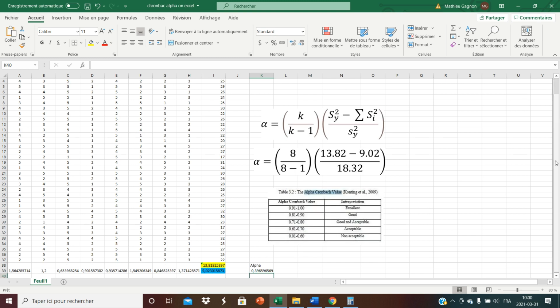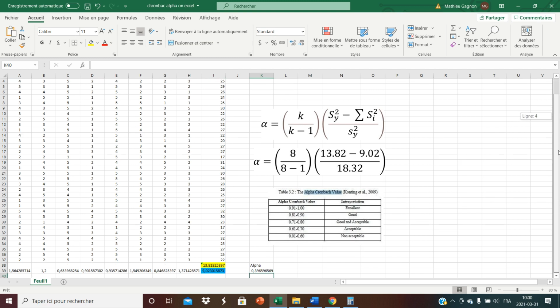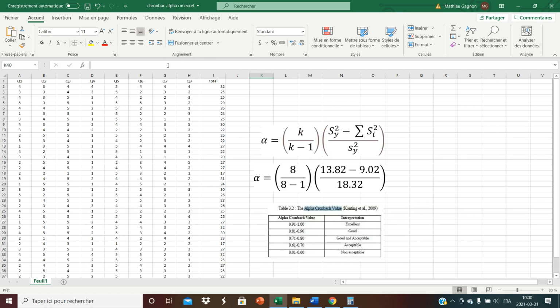Sometimes this lack of internal consistency is due to the sample, but sometimes it's due to some questions that are just weird. And so sometimes you can actually increase the Cronbach alpha by removing a question or maybe two questions that, it turns out, were badly written or badly conceptualized. They shouldn't be part of the measure in the first place.